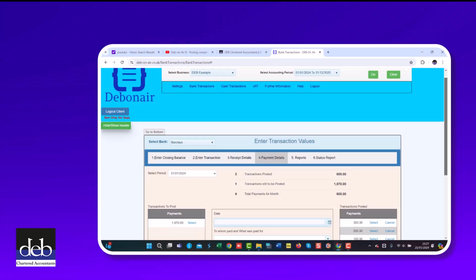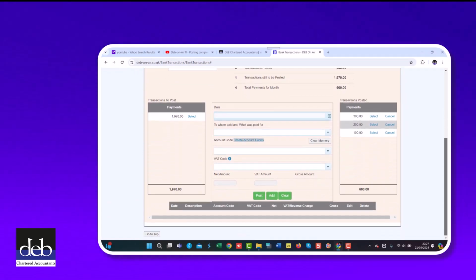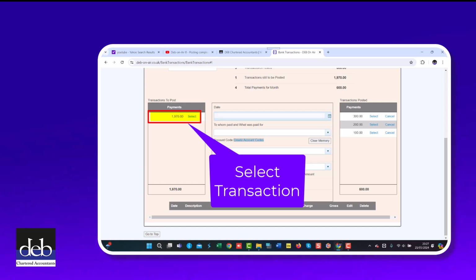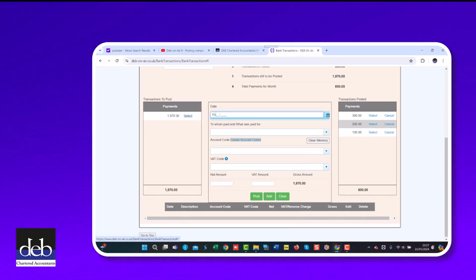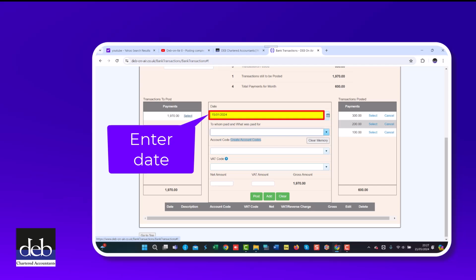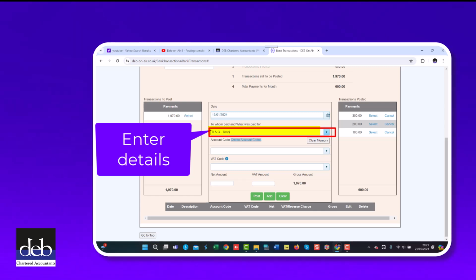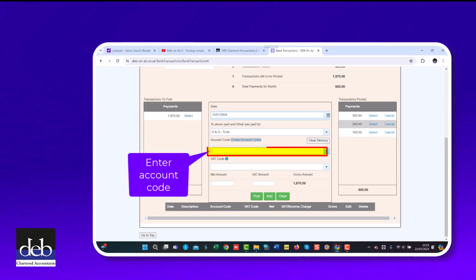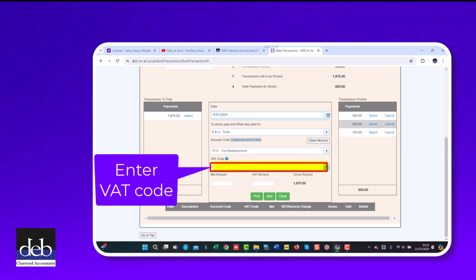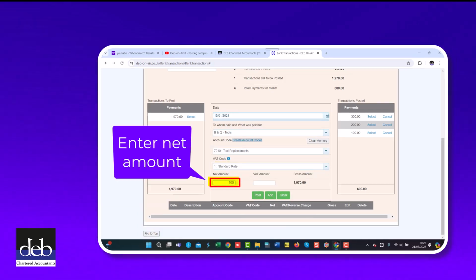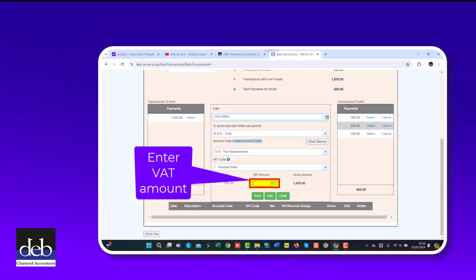In section 4 for bank payments, you first select the transaction to be posted. As with all transactions, you first enter the transaction date. Then you enter the details of the first part of the transaction. You enter the account code applicable to the first part of the transaction, and similarly the applicable VAT code. You then enter the net amount that relates to the first part of the transaction, followed by the applicable amount